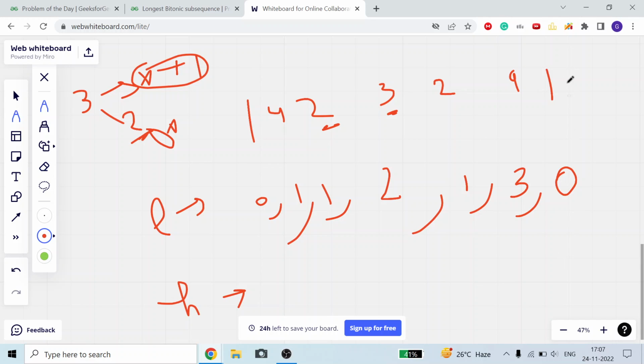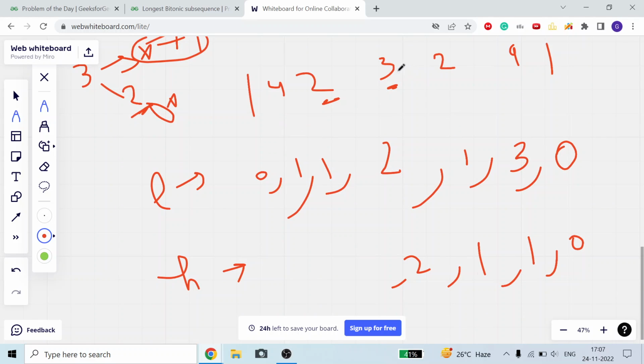Okay, so I will start from 1. For 1 I cannot have any element, 0. Now for 9 I can have 1, so the maximum is 1, 0 plus 1, that is 1. Now for 2 we cannot have 9, we can have 1, 0 plus 1. So you can see for 2, 1 and 9, both answers are the same, 1 and 1. Now for 3 we can have 2, we cannot have 9, we can have 0. So with 2 our answer will be 1 plus 1, that is 2. With 1 our answer will be 0 plus 1, that is 1. So the maximum is 2.